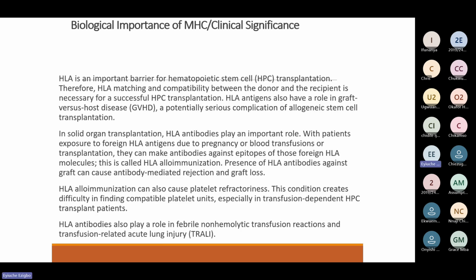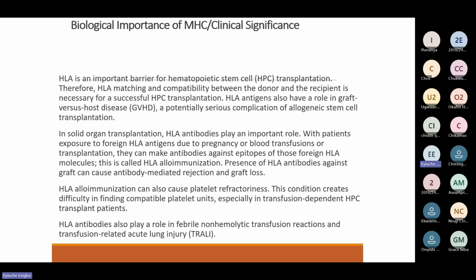Okay, let us look at the biological significance, the importance of these MHC molecules. The HLA, as it is called in humans, is very important in the sense that it serves as a barrier for hematopoietic stem cell transplantation. Therefore, HLA matching and compatibility between the donor and the recipient is necessary for successful transplants. HLA antigens also have a role in graft versus host disease, a potentially serious complication of allogeneic stem cell